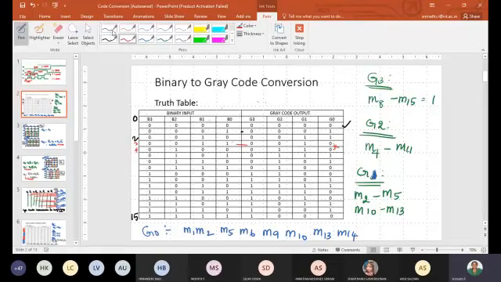Now keep in mind this is the input for us and this is the output for us. How many outputs do we have? 1, 2, 3, 4. So how many K-maps do we need? 4, one for each column: G3 will be one output, G2 another, G1 another, and G0 another. After framing the truth table, you have to go ahead with the K-map. Please fill this and come back for the next class. We'll continue.